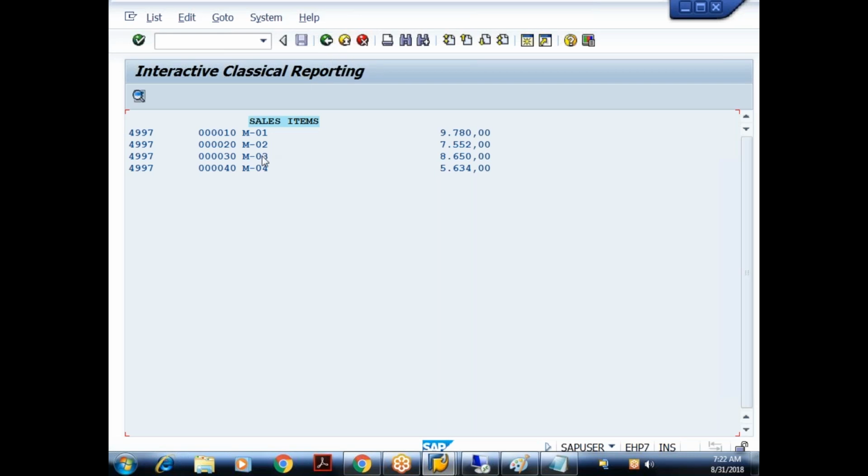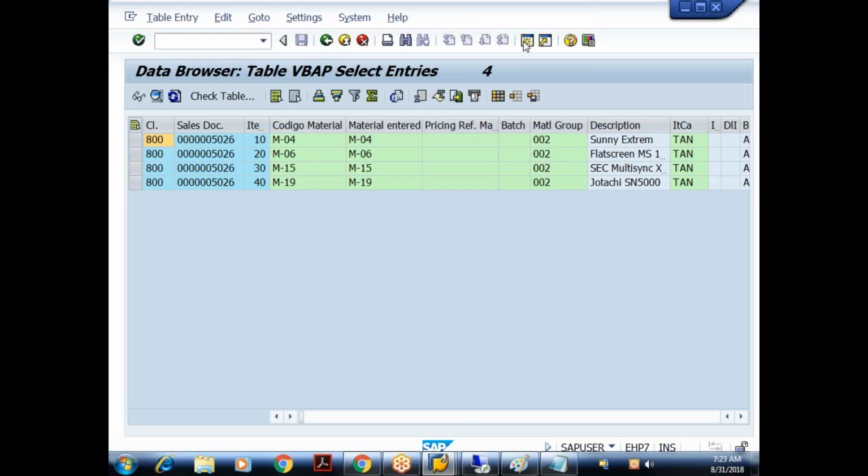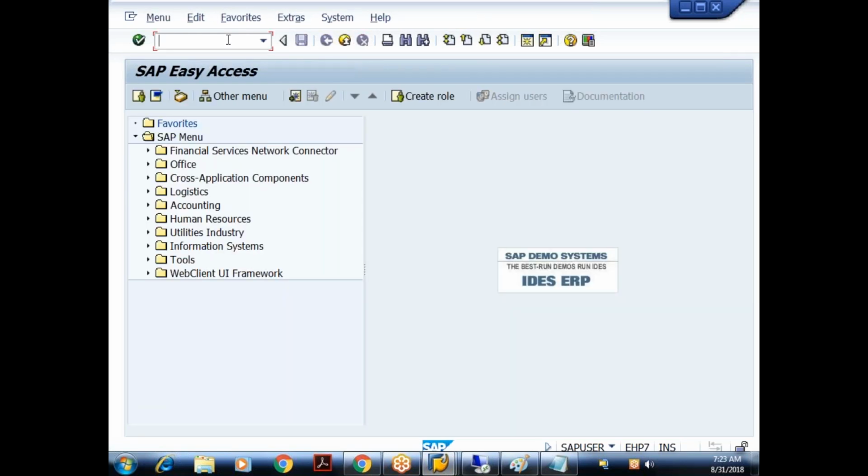Done. So now what is the requirement? When I double click on this material, it should display the transaction MM03. So I have to extract the material number now. Why do we require a material number? Let me run the T code independently, MM03. What is this MM03? It is a standard transaction code provided by SAP for displaying the material data. So if I run this MM03, when I press enter,